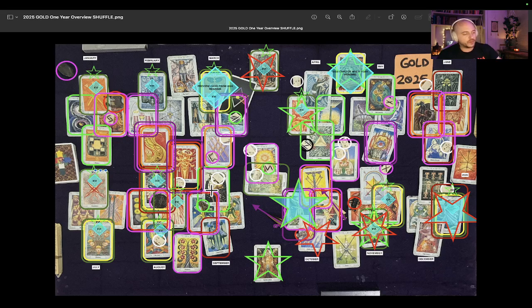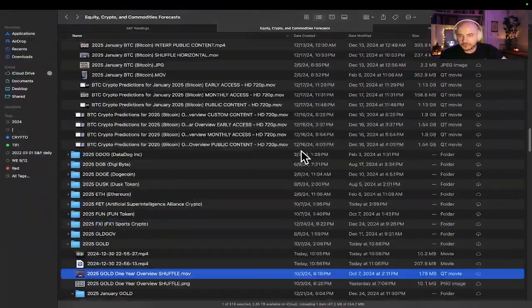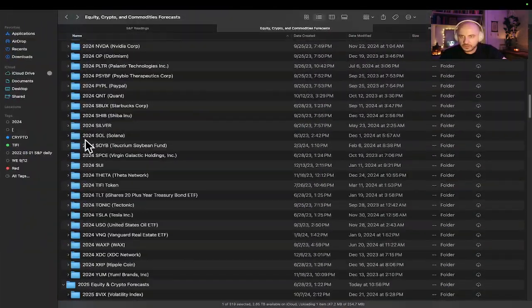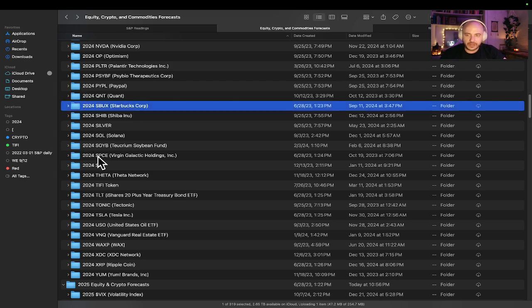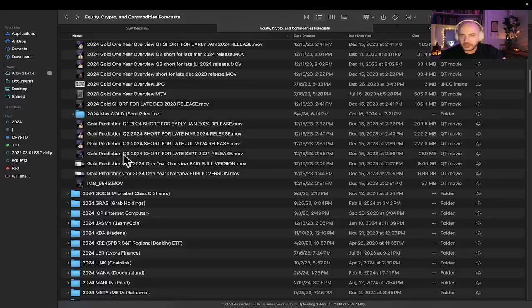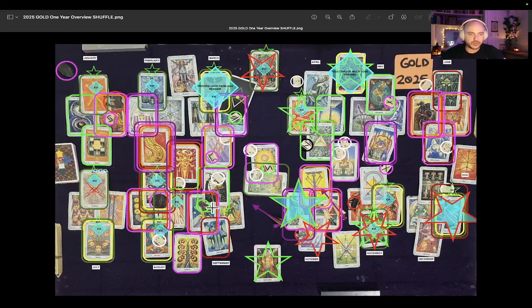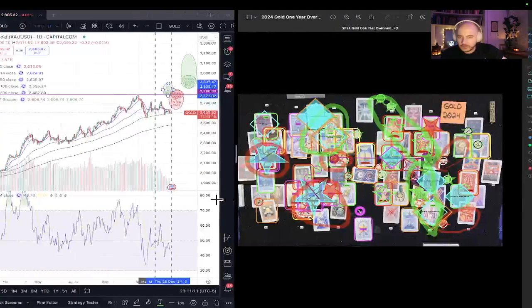All right, so I'm going to give you one of the best trades that I see for the year of 2025. But before I do that, like I said, let's take a look at 2024 and see how we did for accuracy. And if you're wondering, the 2024 reading was put out with a normal amount of advance that we're used to doing. Gold, July 16th, 2023, so like 6 months ahead. Whereas you can see it's the 30th of December, and we're just getting to the 2025 reading now because we're so backed up.